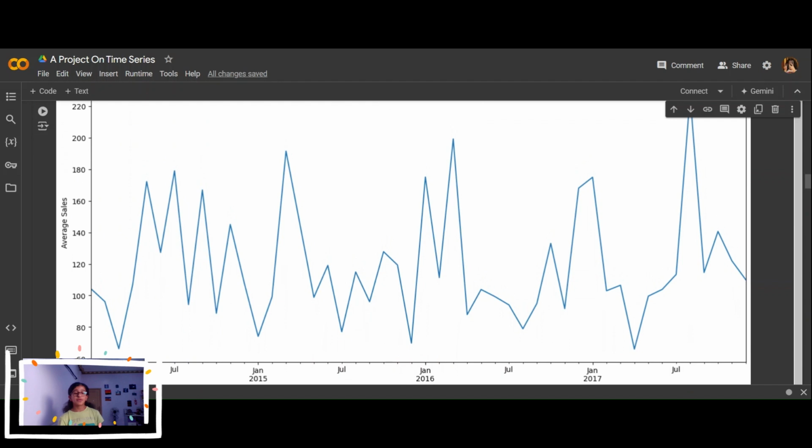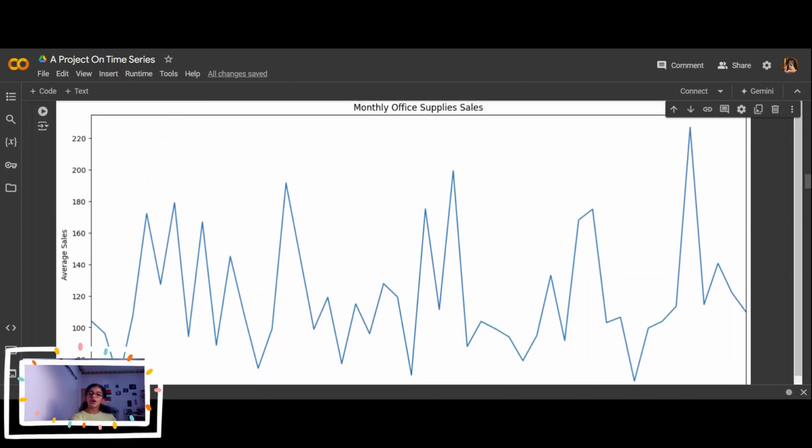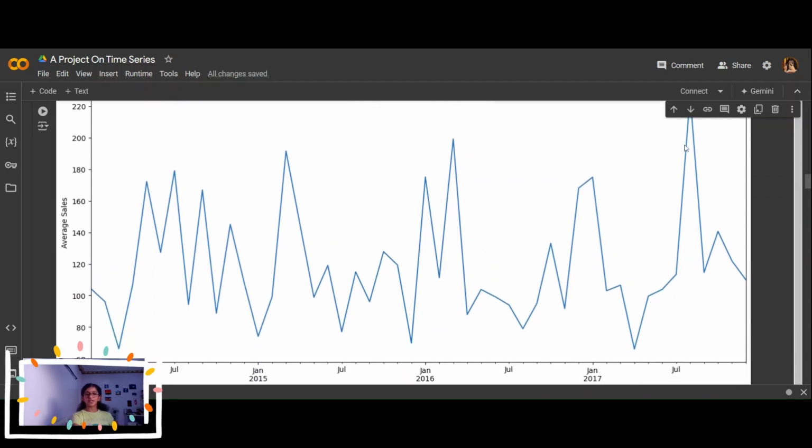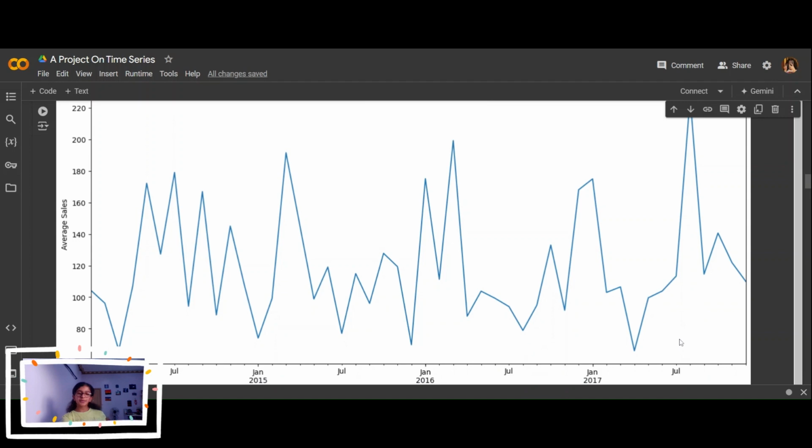So as you can see, we have January to July, then January to July, then January to July. It's basically like the first month to the 6th month, then the first month to the 6th month again. As I am looking at the graph, I think these office supplies eventually took a hit in July 2017, and then it returned back to normal.